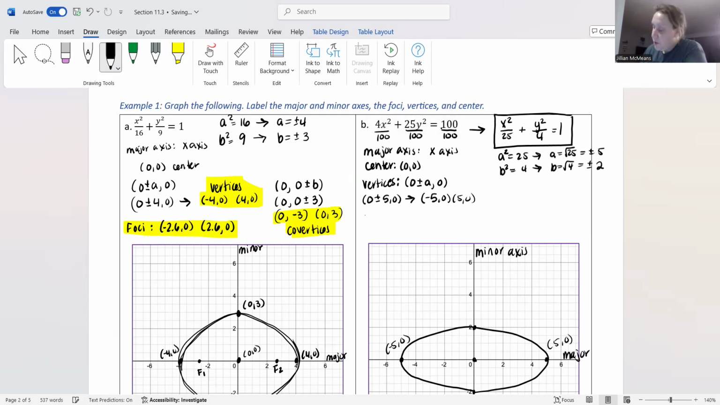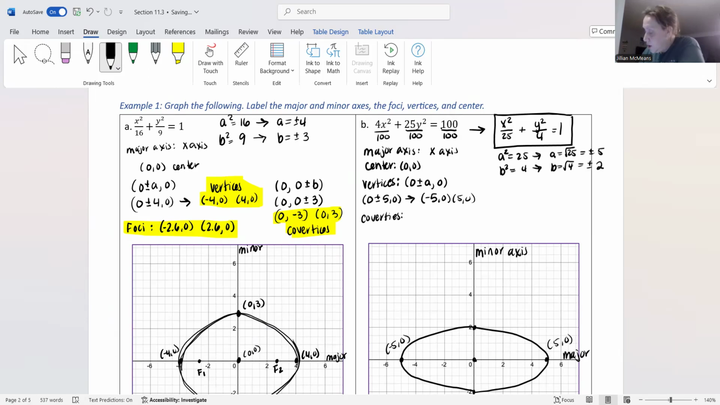All right, now we want co-vertices, and I've said this before, but I'm going to say it again. Co-vertices will also be called minor vertices. The minor vertices are going to be the vertices that are running along the axis that is perpendicular to the major axis. So that's why they're called minor vertices sometimes. So these are going to impact the y's in this particular